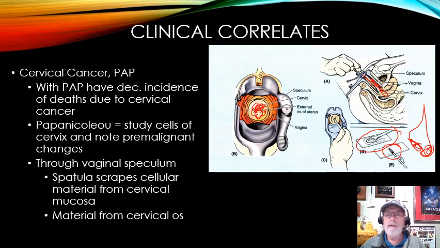Okay, so basically, if females have regular Pap smears, like every year, every other year, they're going to catch something before it actually becomes cancer. So at the time when they start, not even before intercourse, usually even younger, after puberty, they could start doing Pap smears, and what will happen is they're just looking for any kind of changes. So if there are changes, they can address it before it actually becomes cancer.